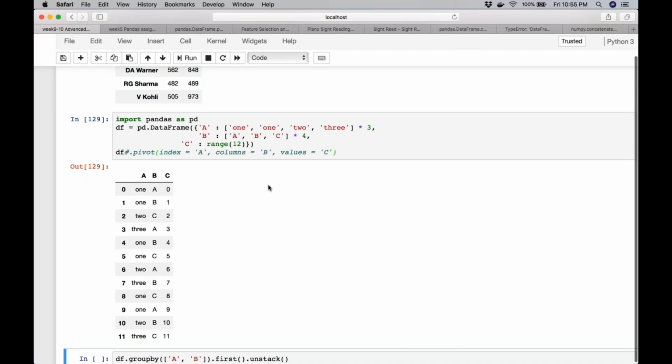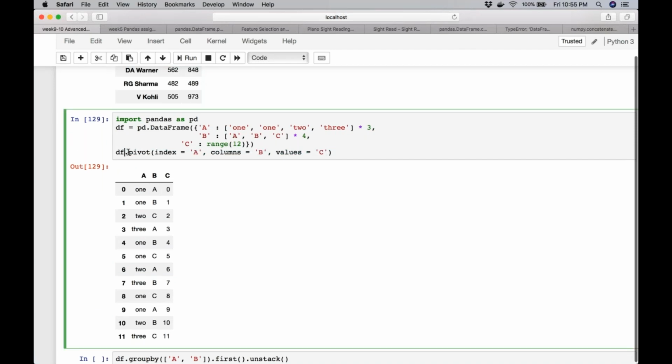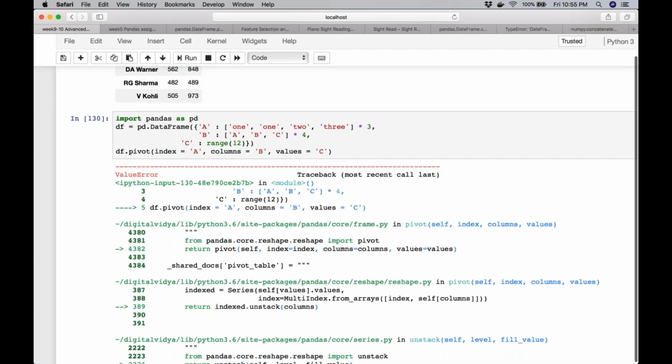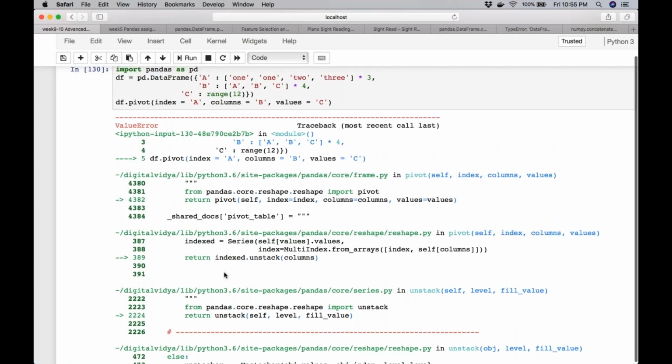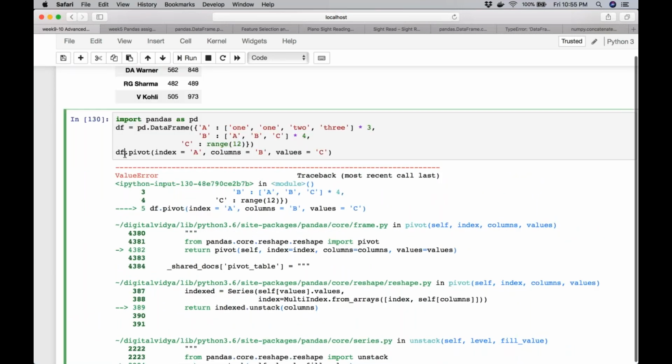What will happen if I pivot this? I'm getting an error message. What does that error message contain? It says that the index contains duplicate entries, so we cannot reshape. And why is that?